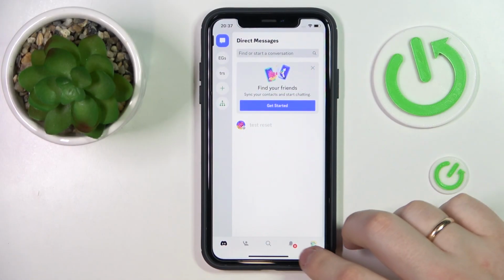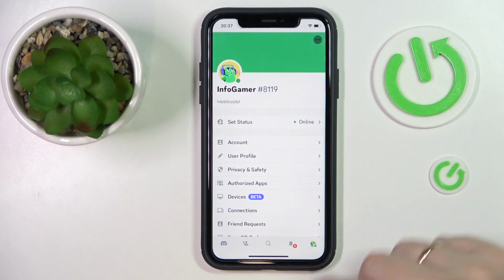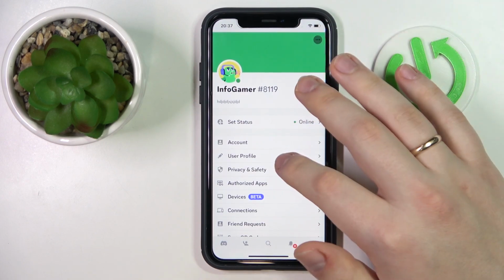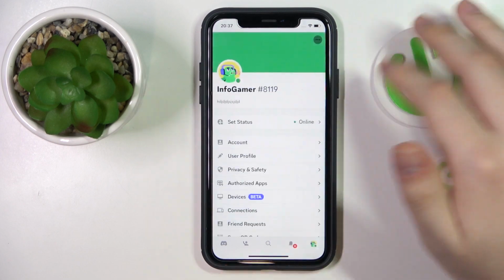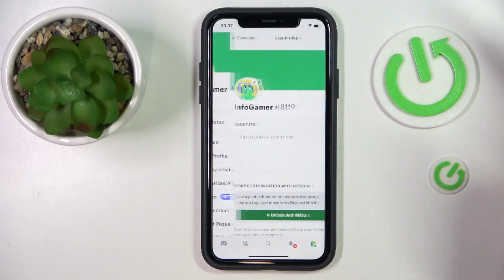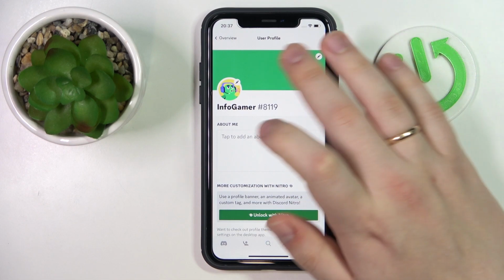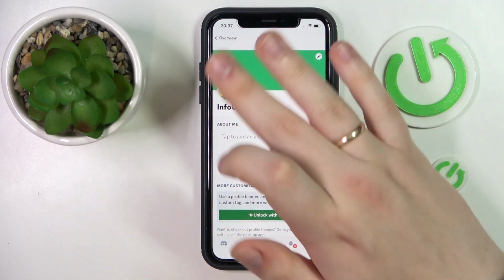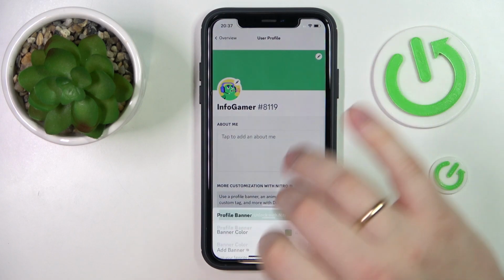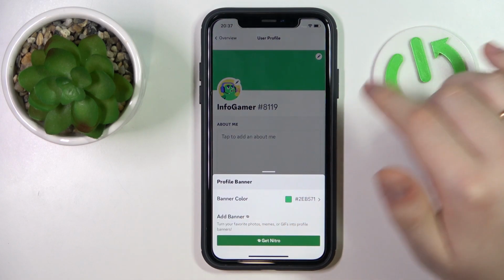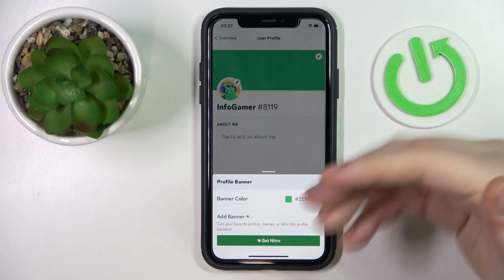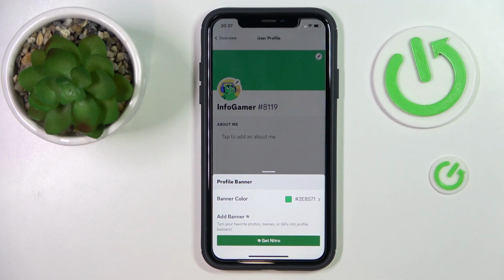So to begin with, open your profile settings page or simply your profile, then start editing your user profile by tapping at the respective category over here or tapping at your profile itself. In here at the top right corner of your account or profile banner, you'll find the edit icon which you want to tap on, and in order to set the custom banner